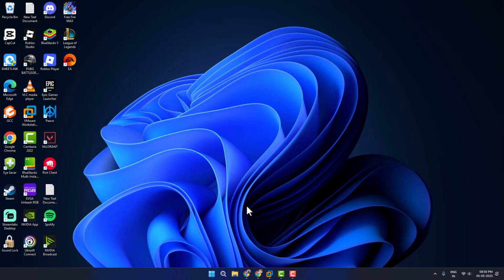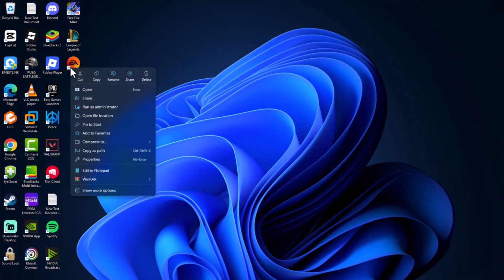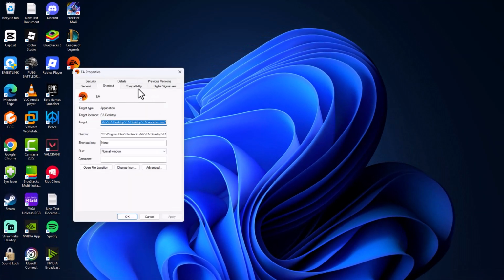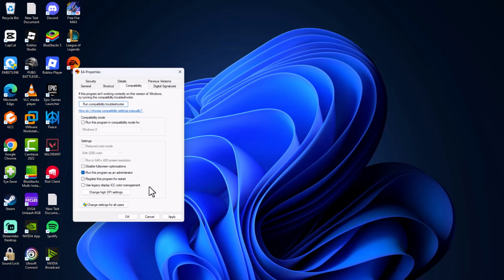Today we are going to see how to fix an EA app not launching on Windows 10 or Windows 11. Let's fix it, guys. First step, you just need to right click on the EA app and select properties. Go to the compatibility tab and check "Run this program as an administrator" and select apply and OK to save